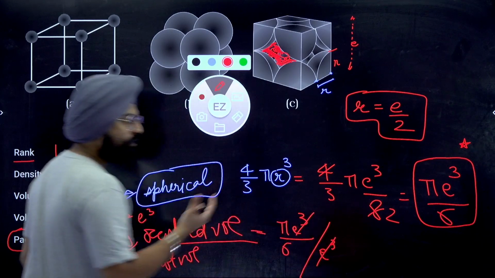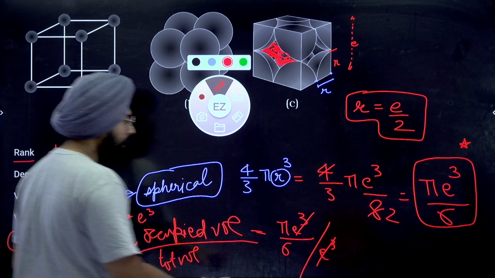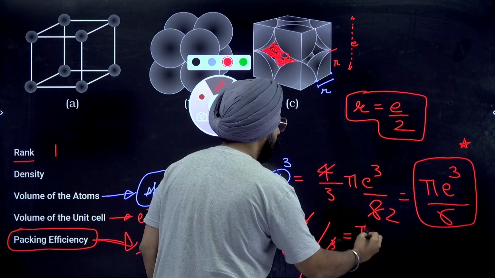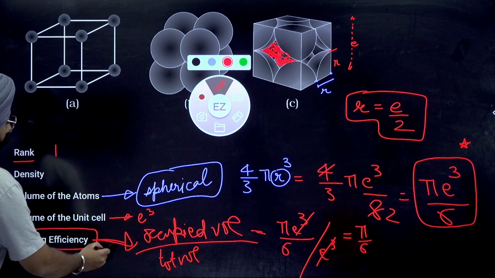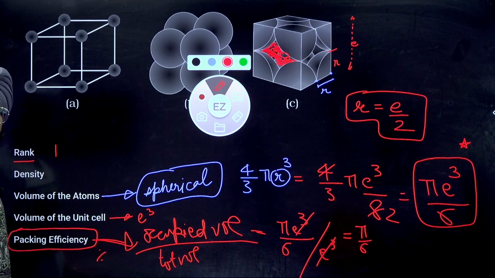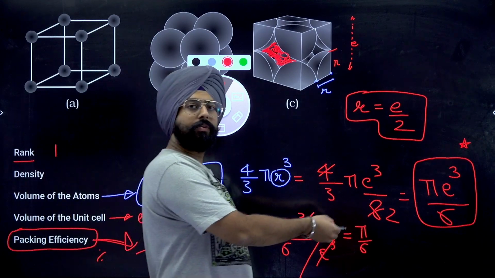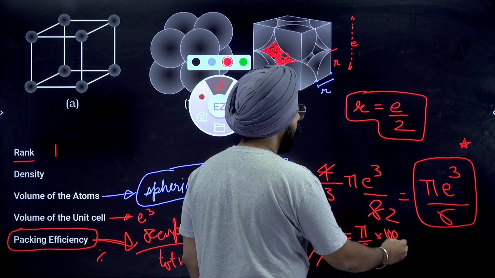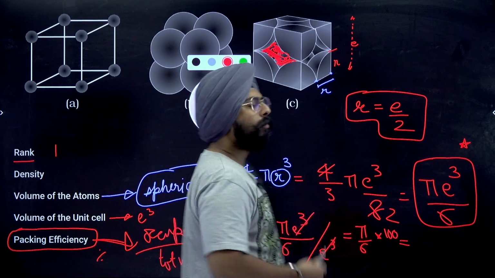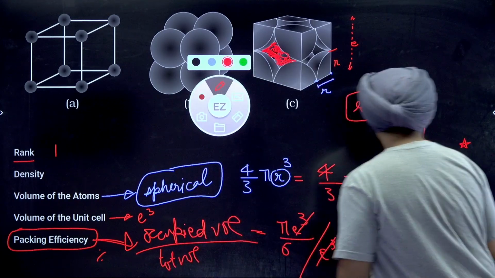So the packing efficiency, the packing fraction over here is equal to pi by 6. And my dear friends, if I have to calculate a percentage packing efficiency, what will I do? To convert a fraction into percentage, I'll just multiply it with 100. So my dear friends, how much does this number come out to be? Can you tell me quickly? This comes out to be